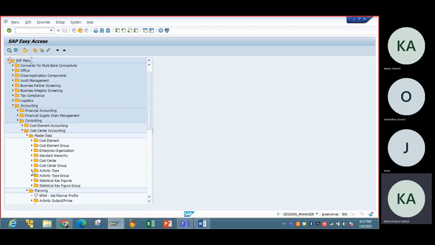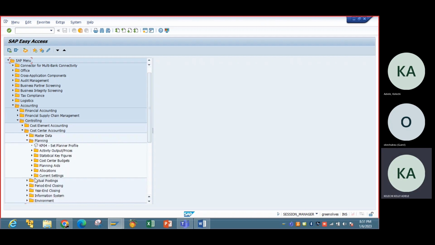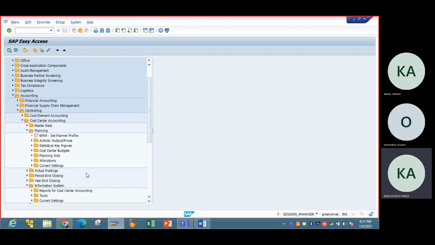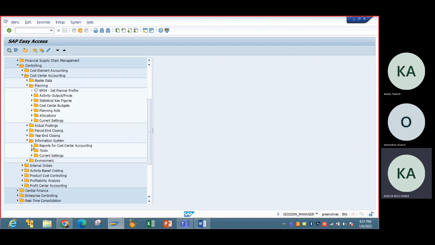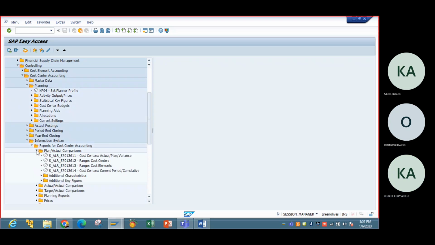Master data. I think we would check cost center. Master data, sorry. Planning information system. So go to planning, information system, reports for cost center accounting. Go to actual plan and actual comparison. We have these two T codes, 611 and 640, which we may also need to see